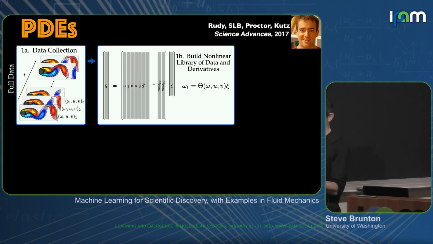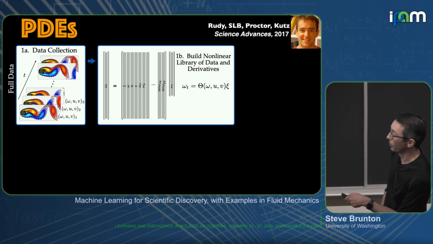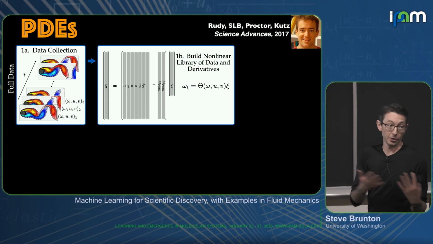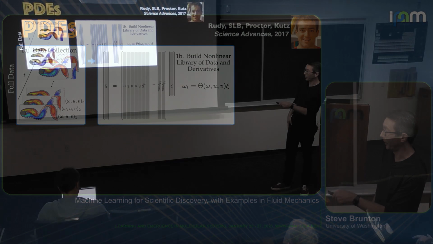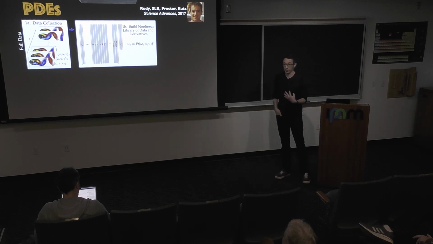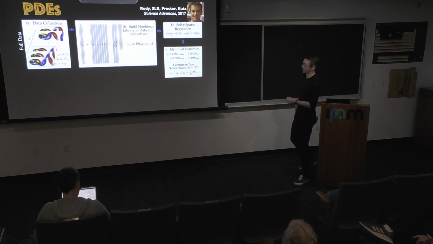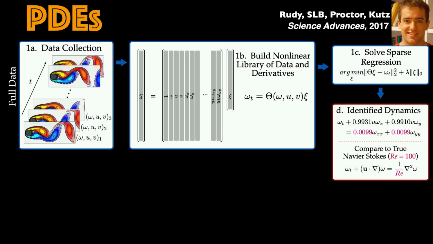And what Sam did was build the same library regression procedure, but now you'll notice that you have partial derivatives and nonlinear products of partial derivatives. So you do, again, have to choose the right variable to model. So we know that we want to be modeling, let's say, the time derivative of vorticity. That's a reasonable thing to model. And we're going to try to find some sparse combination in this library that describes that quantity best. And when you run this essentially iterative thresholded least squares procedure, the identified dynamics you get are here. This is the actual model Sam got. It is the coordinate form of the Navier-Stokes equation, and the Reynolds number is learned to within about 1% of the true value. So it's pretty good.